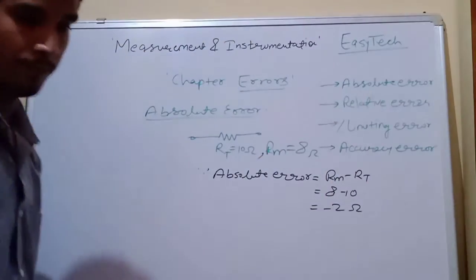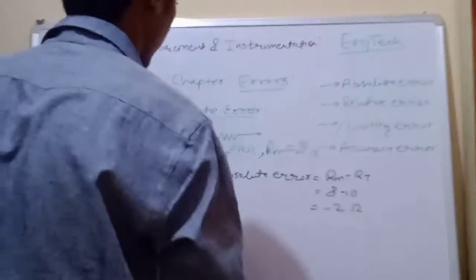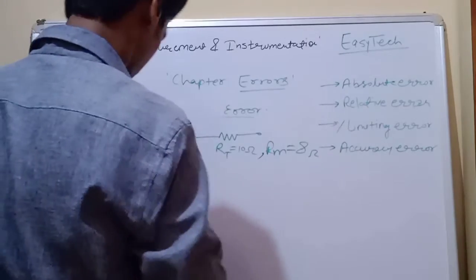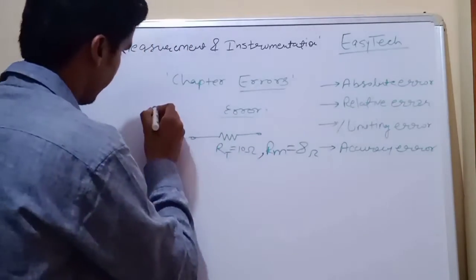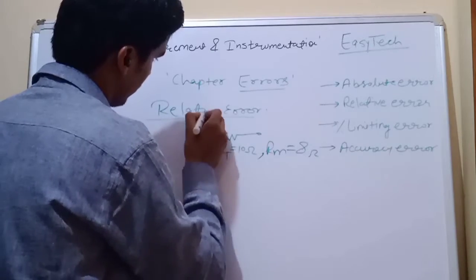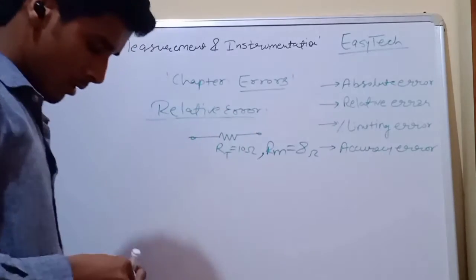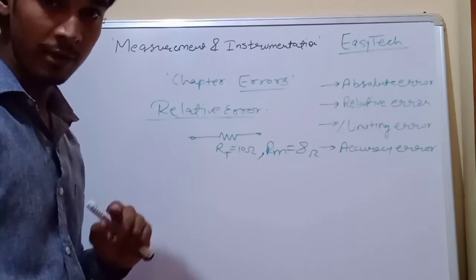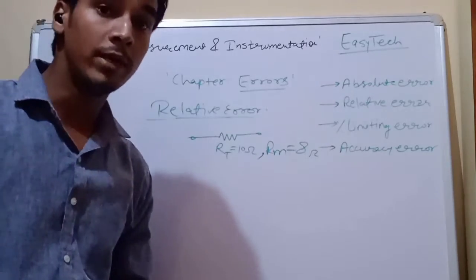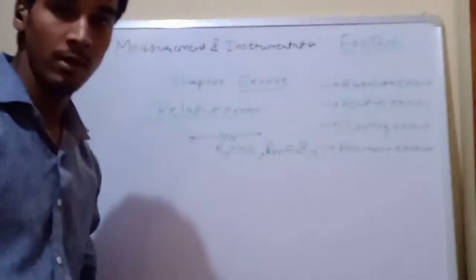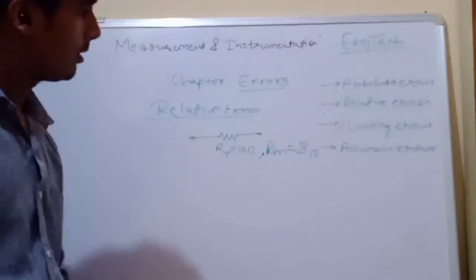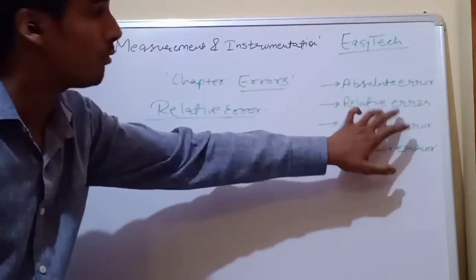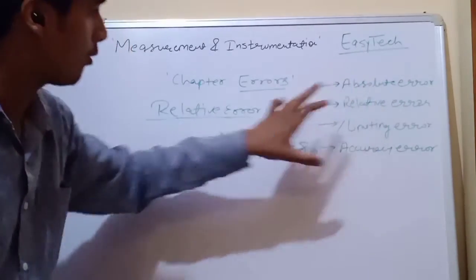Now what is relative error? Obviously, it shows that there is some relation of the error. Now I want to find out the weightage of the difference you have got with respect to the true value. It will be known as relative error. To understand the relative error, first you have to understand the absolute error. That's why I have taken these four topics into part A.